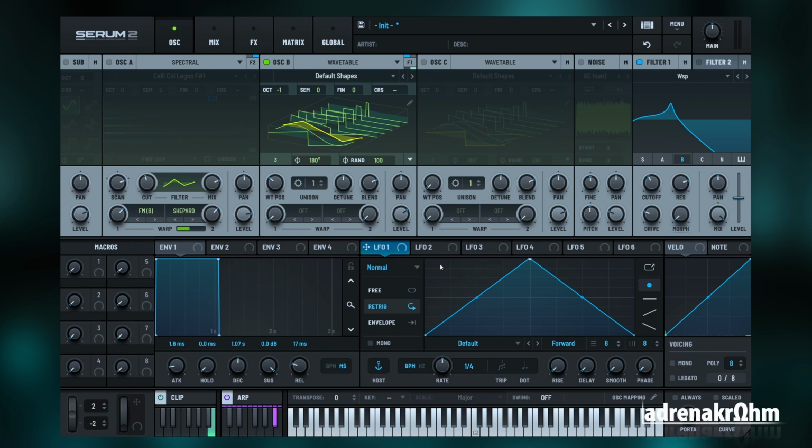And then to the right of that, we have our LFOs. Now this is where a lot of the fun is going to be. So here we have a path. So now we can draw in a 2-dimensional modulation. So let's do something funky like this. We can even make it go backwards. So now the modulation, if we put this to cutoff,